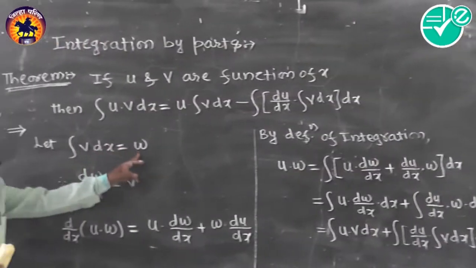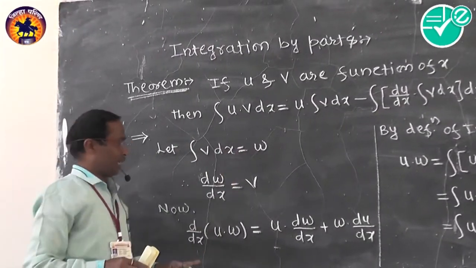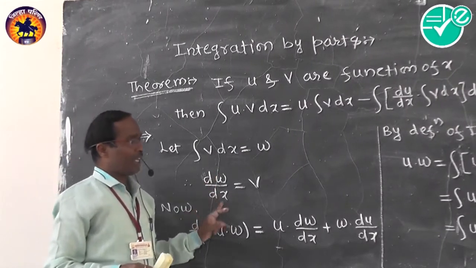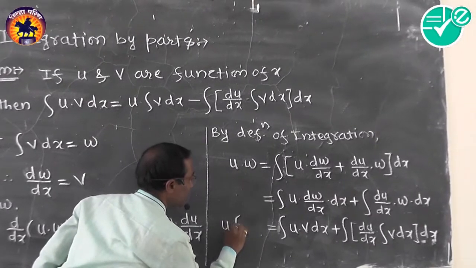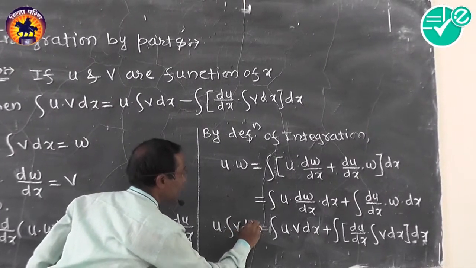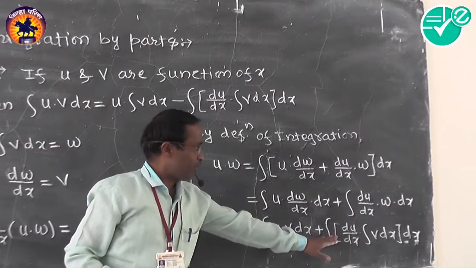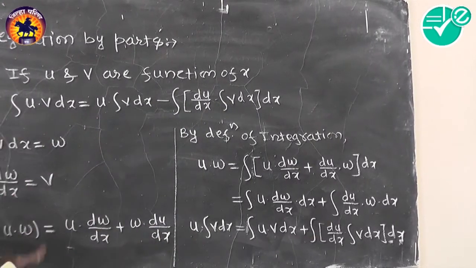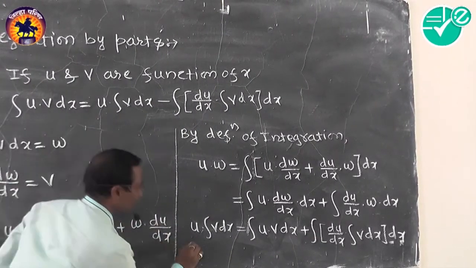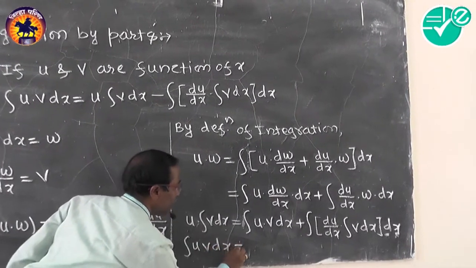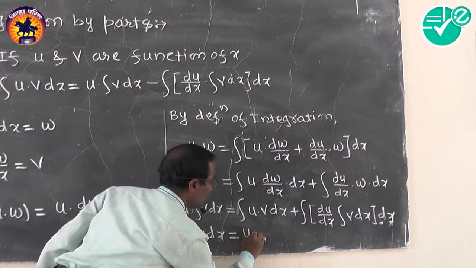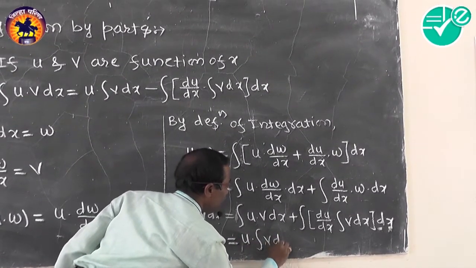The value of w is the integral of v dx and the value of dw by dx is v into dx. So we get u into the integral of v dx. Now this term is positive, shifting to this side it becomes negative. The integral of u into v dx is equal to u into the integral of v dx